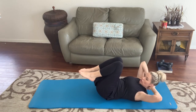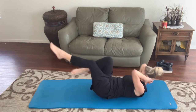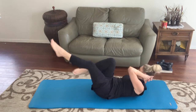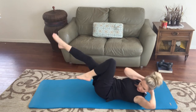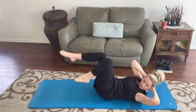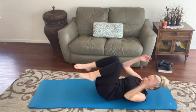Let's start with our crisscross, putting our hands behind the nape of our neck, and we're just going to twist for 10, 9, 8, 7, 6, 5, 4, getting that armpit toward me, 9, and 10, bringing it in